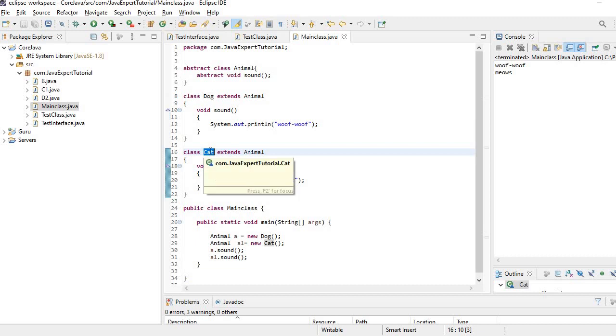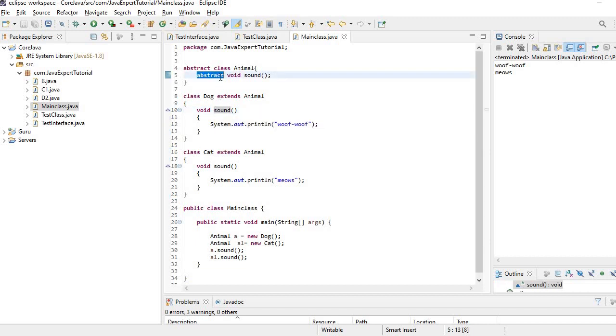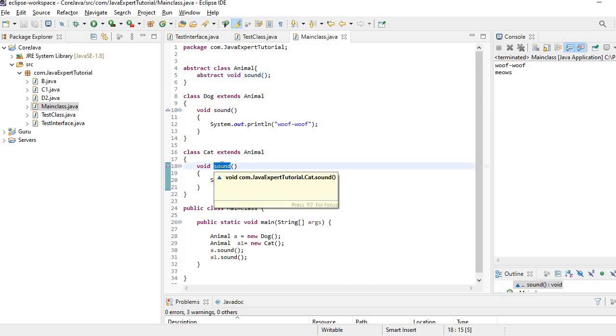The animal sound differs from one animal to another, so there is no point in implementing this method in the parent class. Thus, by making this method abstract in the parent class, the compiler will force all the subclasses to implement this method, otherwise you will get a compile time error.